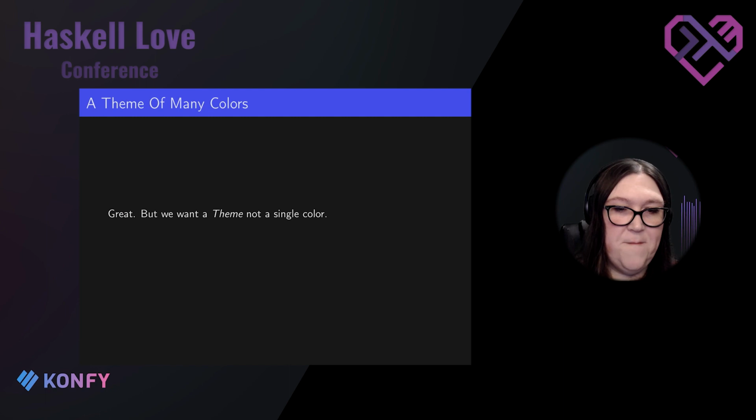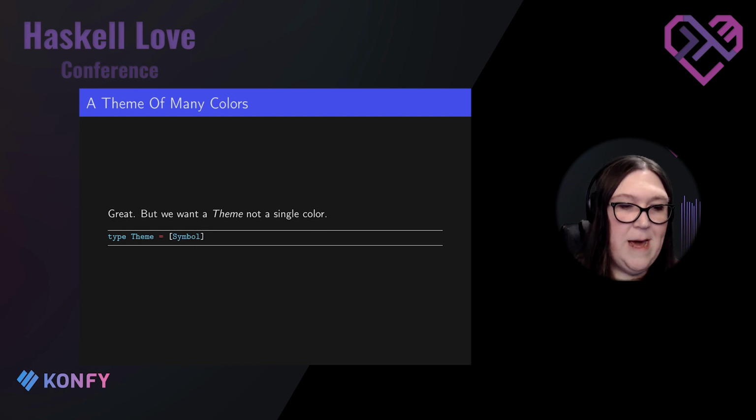And that's great. We just defined what a color is, but we want a theme, not a single color. So we're going to say a theme is a list of symbols. And this probably looks pretty familiar. It's a type alias to a list of symbols, but a symbol is a kind. It's not a type. And a theme is a kind. It's not a type. So what we're actually doing here is we're making use of this DataKinds extension that lets us define kinds using the same syntax that we would use to define types. And this is going to be another thing that we're going to do pretty regularly whenever we're doing any sort